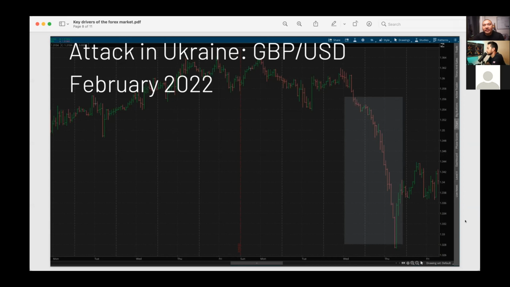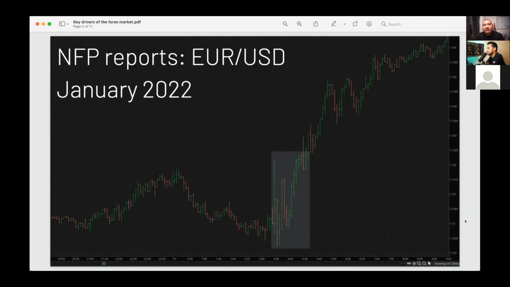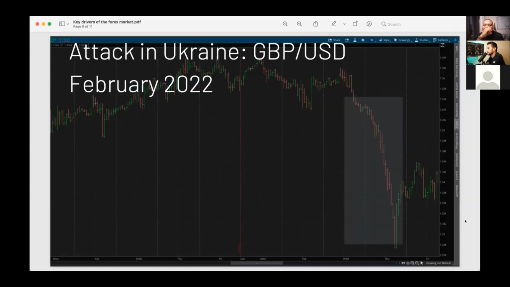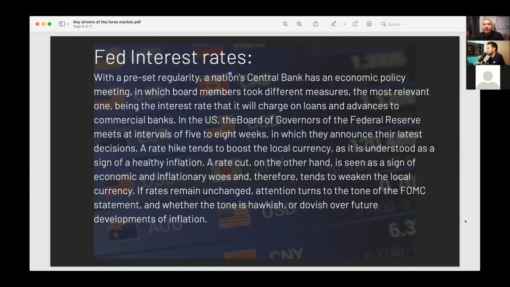So that's another driver. So far, we got three drivers: NFPs, FOMC, road events. There's another one. Number four, fourth driver, Fed interest rates. So the central bank have their meeting of monetary policy, and the board members look at different measures. The one most related is the interest rate that it will charge on loans and advances to commercial banks. So we hear this a lot, this interest rate term with regard to mortgages, people who are in the market